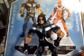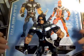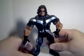Time, we'll be taking a look at the Warpath from the Warpath Deadpool Fans Choice 2-pack set. A write-up for both of them, and statistics for each one. We have here Warpath,